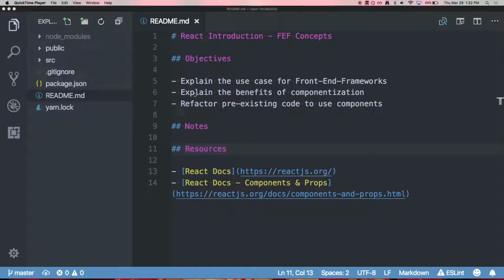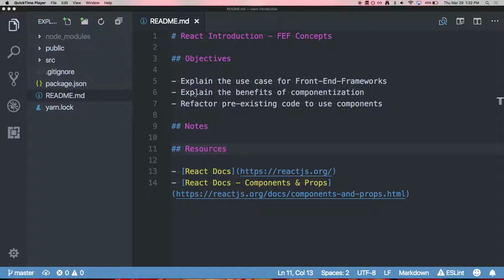Okay, so this afternoon we're going to be talking through the vehicle of React about front-end framework concepts. So we will be looking at React code, refactoring some React code, but we're mostly going to be focused on the concepts at play. So it's going to be particularly relevant to React, but the concepts are transferable to any front-end framework. So even though React is sort of our vehicle for today and potentially for future lessons, this is